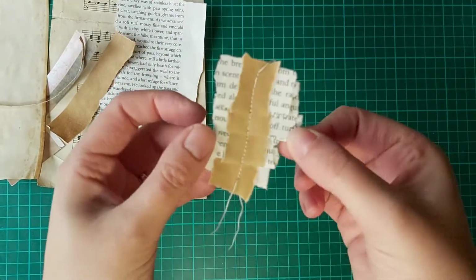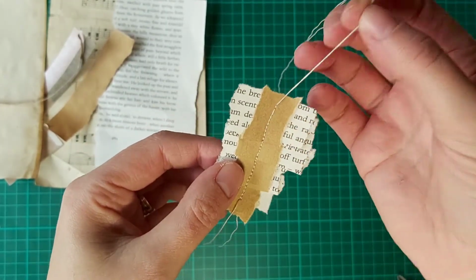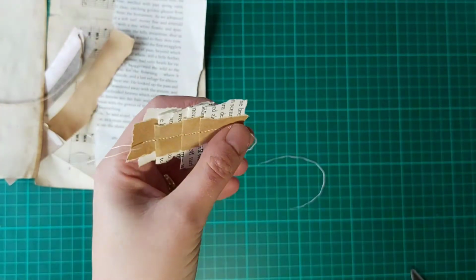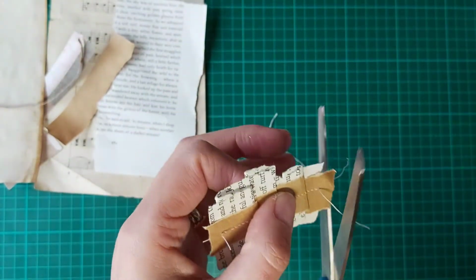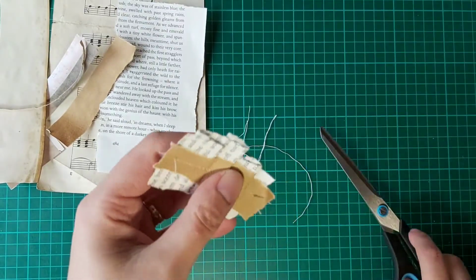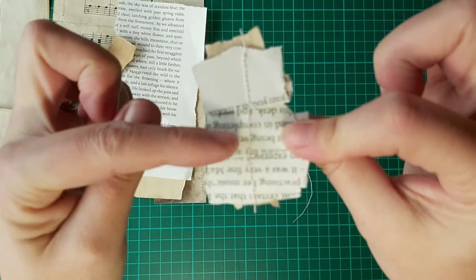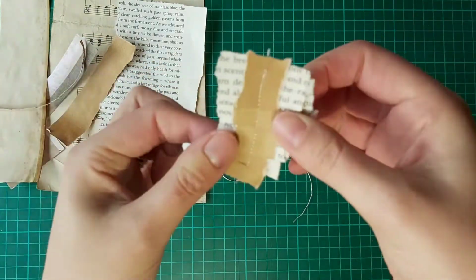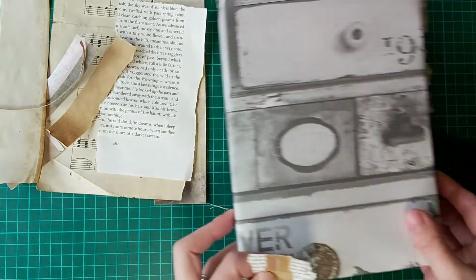Okay, so here is my sewn piece. I didn't do a zigzag stitch on this one like I did the others. I just did a normal straight stitch, and then obviously I've got these bits which I can just trim off afterwards. Okay, and then you just stick it down one side and then stick it to the edge of your page. So if I get my book,